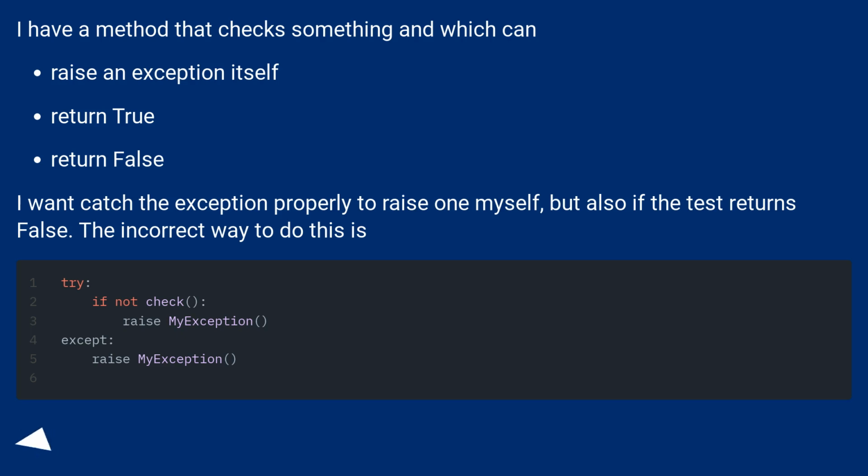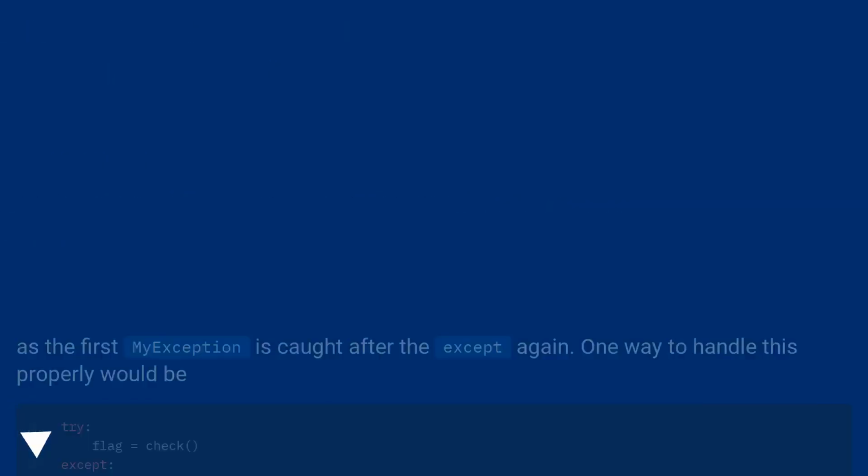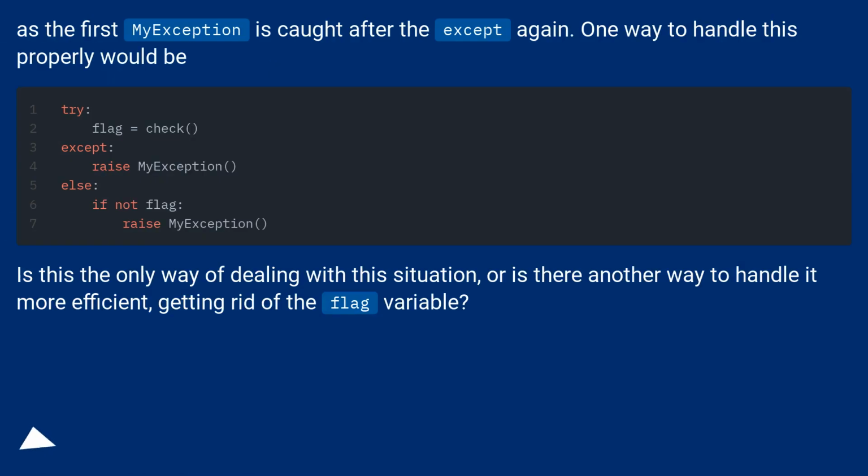The incorrect way to do this is as follows, as the first of my exceptions is caught after the except again. One way to handle this properly would be: